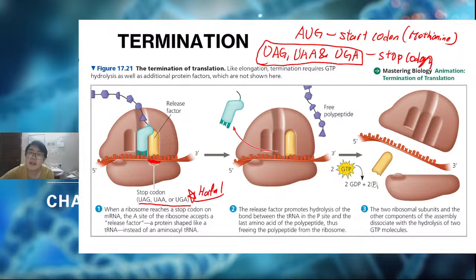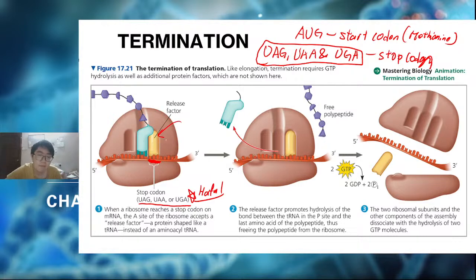Semua U punya. So either UAG, UAA or UGA. Senang saja, tak susah. Hanya 3 sahaja. So tambah kena hafal lah. Okay. Lepas tu, since the stop already has a stop codon, the release factor will bind